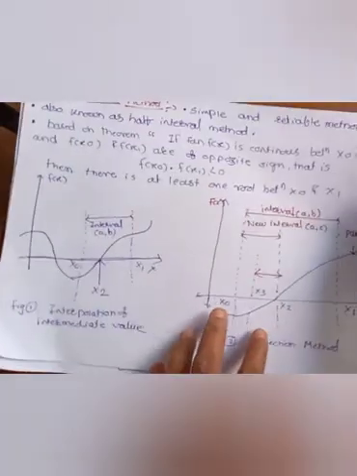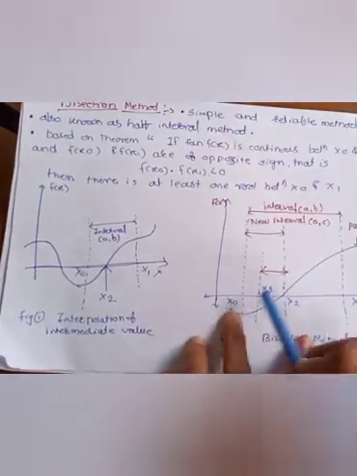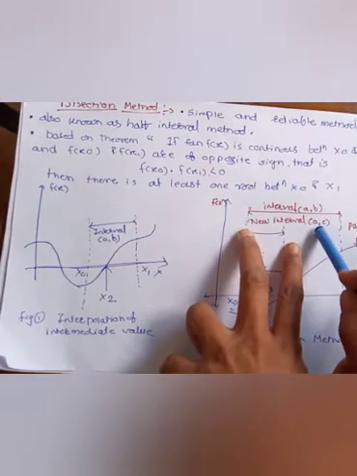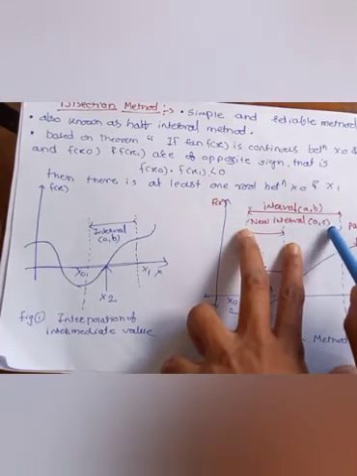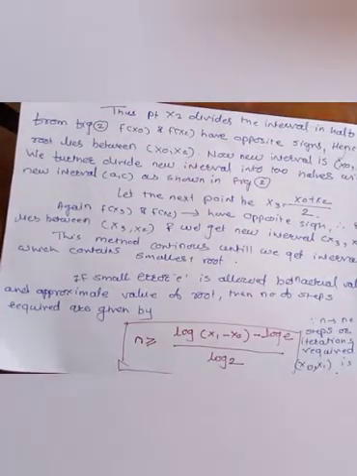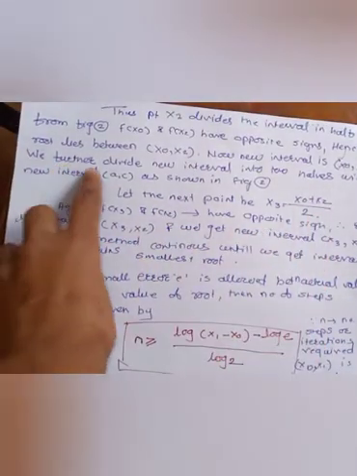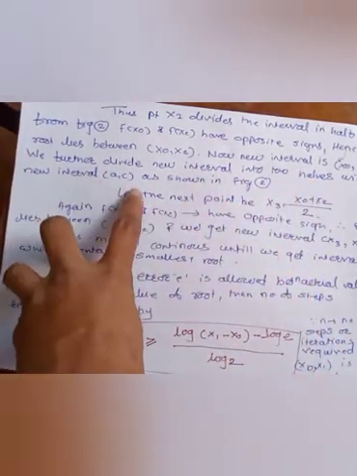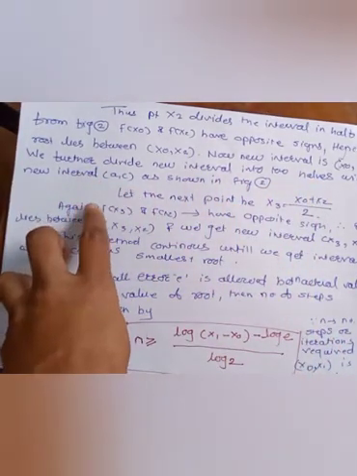See, we are going to take the new interval, that is what? x0 and x2. So this is your new interval and it is defined by the values a and c, bracket a and c. Okay. So we further divide the new interval into two halves with the interval a and c, which I explained already.